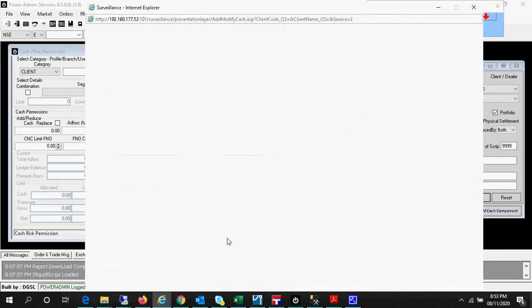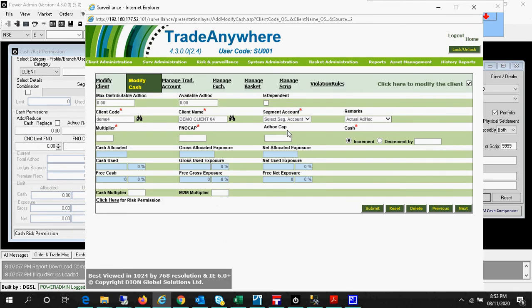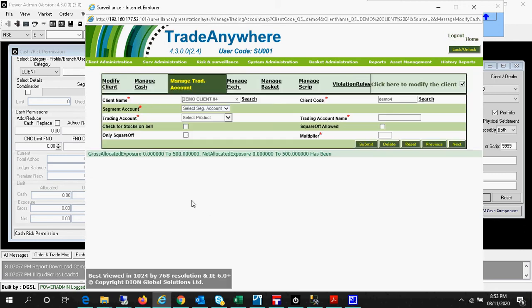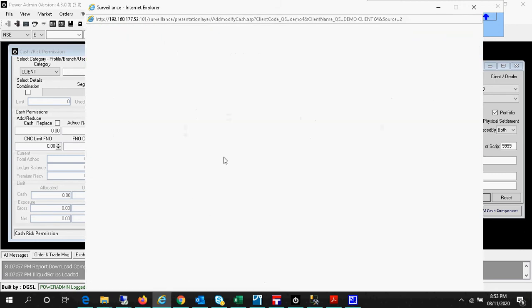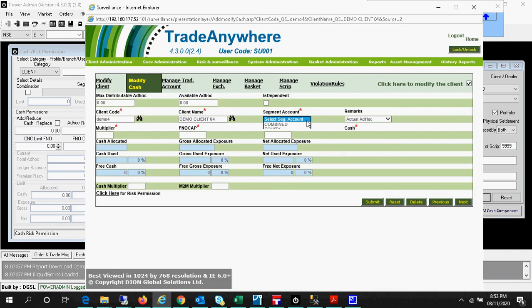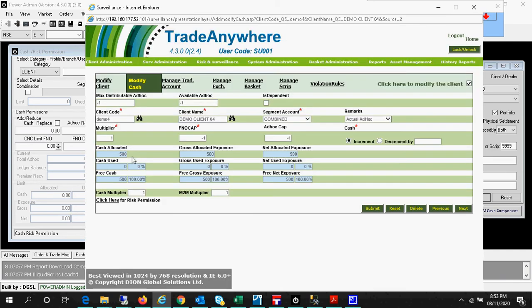I am using the same client, and I have to select the segment. Now from here I want to increase or decrease the cash. If I add 500, it will add it into the system, and the client received 500 rupees.